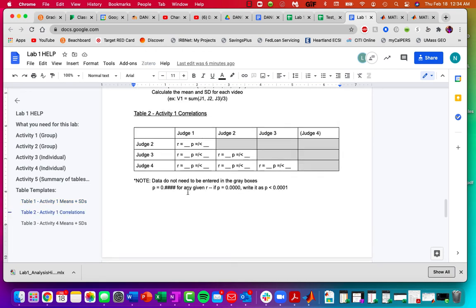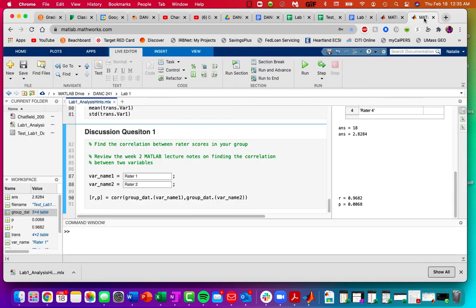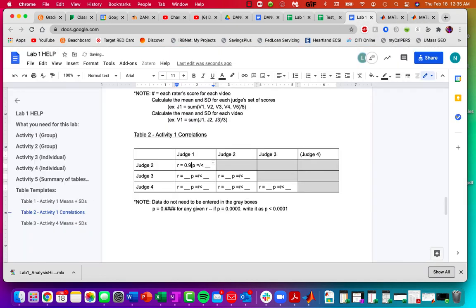And I can go back here, and I gave you guys a correlation thing, right? The gray boxes you don't need to fill in. Those are typically redundant within a correlation matrix. So really all you're doing is you just did judge 1 and judge 2. So I can stick in my R value, which again, I forgot. I have a horrible short-term memory. 0.97 and 0.01, that's what it was. Okay. 0.97, and then this is going to be equal to 0.01,